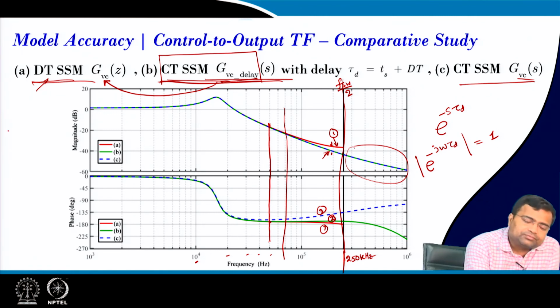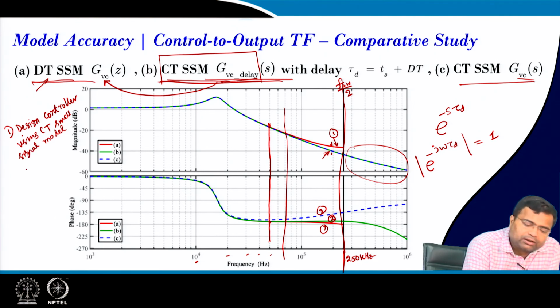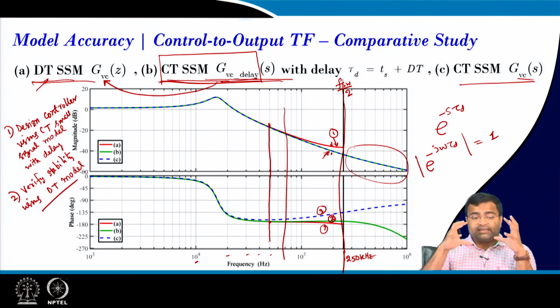So in summary, we can design the controller using the continuous time small signal model with delay, and verify stability using the discrete time model. That is the final thing, because the discrete time model, since it retains the ripple information,